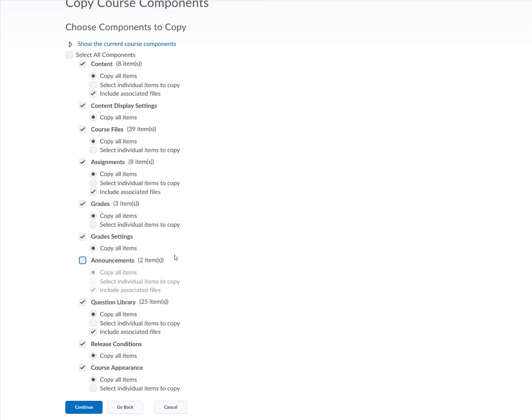Maybe there are quizzes or grades. Maybe there's questions that you only want specific questions. So instead of copying all, we would then select individual items to copy. And then when we go to continue,